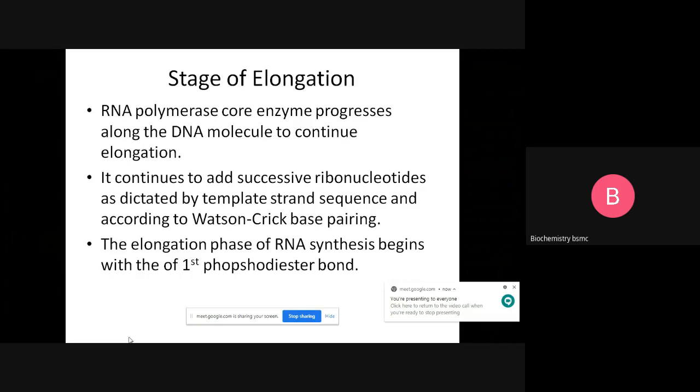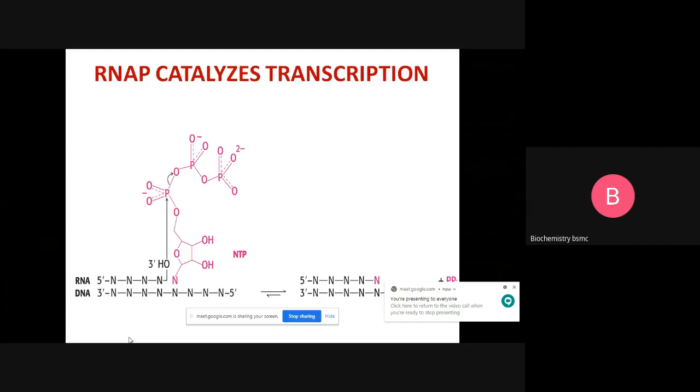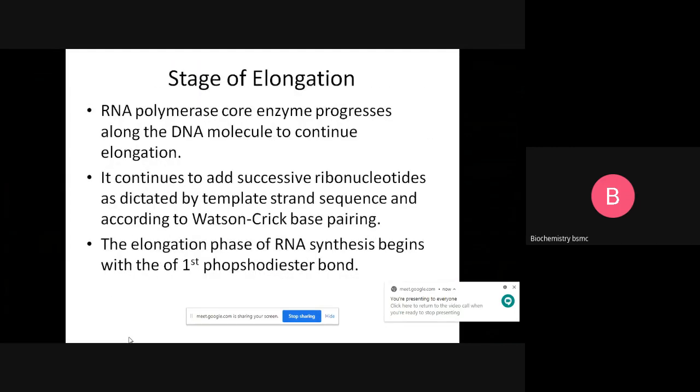We have already discussed how the stage of initiation takes place, and we have already seen that the promoter region attaches with the DNA polymerase, and it is the beauty of the promoter region that decides the preciseness of the transcription initiation, following which there is a melting of the DNA, and formation of the transcription bubble,